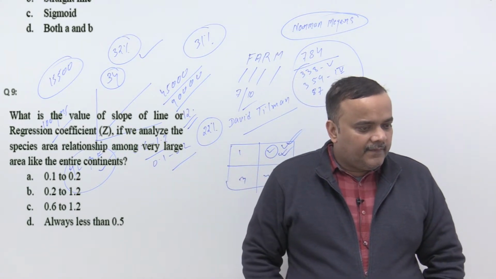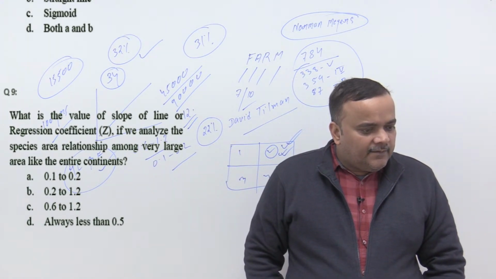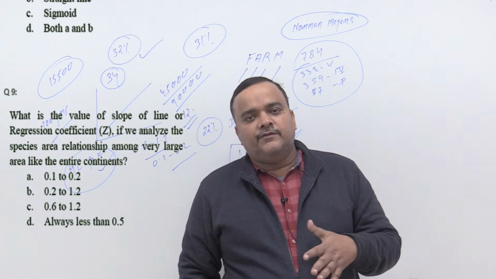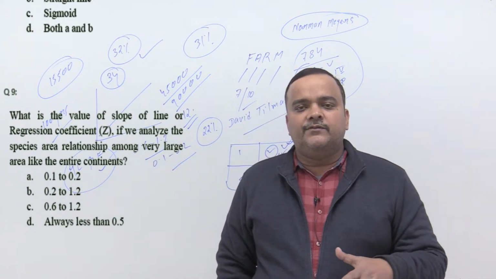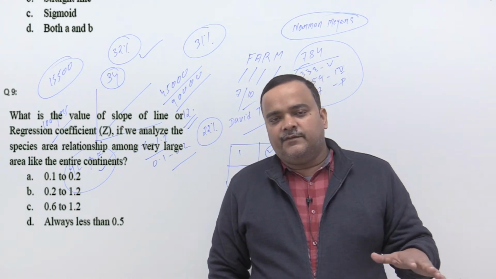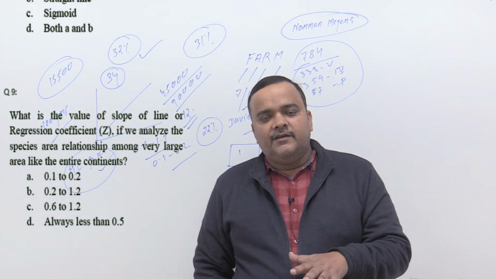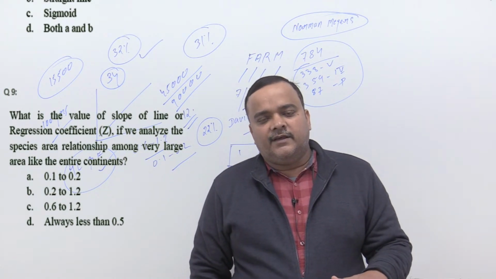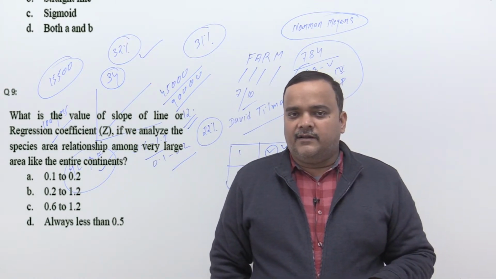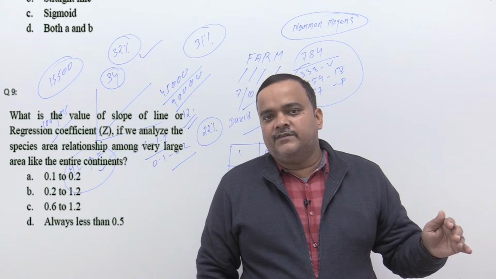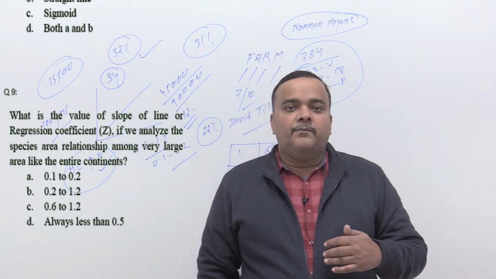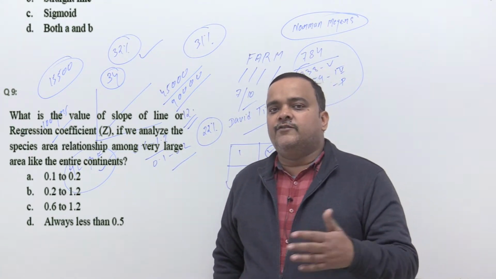Okay. Now, next. Sir, please differentiate between alpha, beta and gamma diversity. Alpha diversity means, suppose you are sitting in a class and the diversity among the students within the class is alpha diversity. Now, suppose there are two classes. So there are two communities, and the diversity between these two communities is known as beta diversity. And suppose all the classes in India, that is over a wide geographical area, when you study diversity, it is known as gamma diversity. Alpha diversity is within a community, beta between communities, and gamma over a wide geographical area.